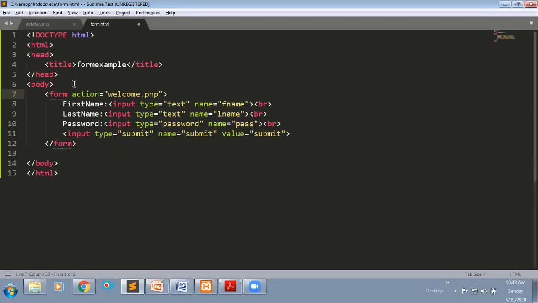If I click on submit, the total data is transferred to this welcome.php file, which is one page available in the server. This page receives the data on the server.